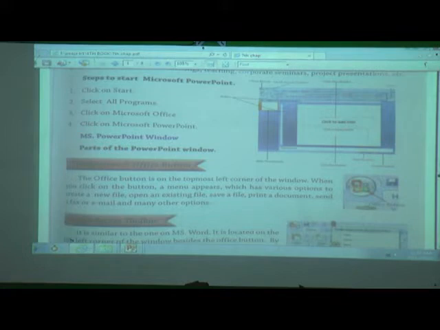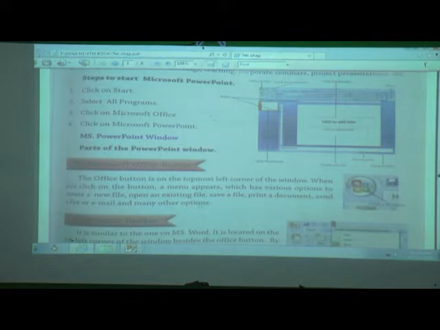When we click on the button, a menu will appear. Which menu? Which has various options to create a new document, open an existing file, save a file, print a document and send a fax or email and many other options.